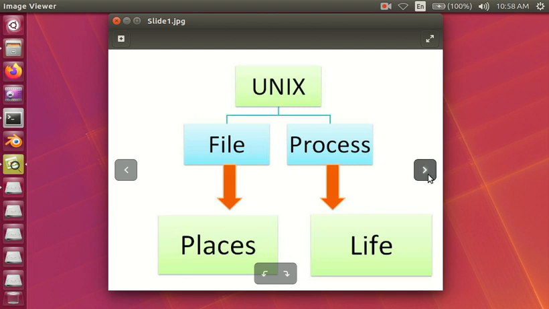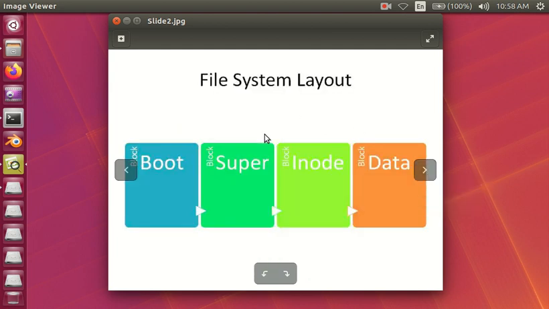Now if we observe the Unix file system layout, it can be divided into various blocks. We have a boot block, which maintains all the information associated with the booting process.